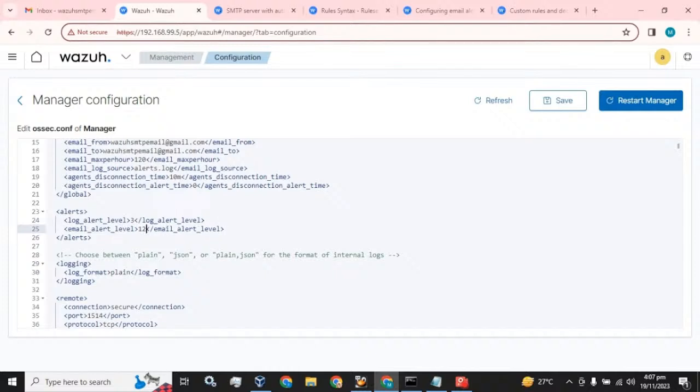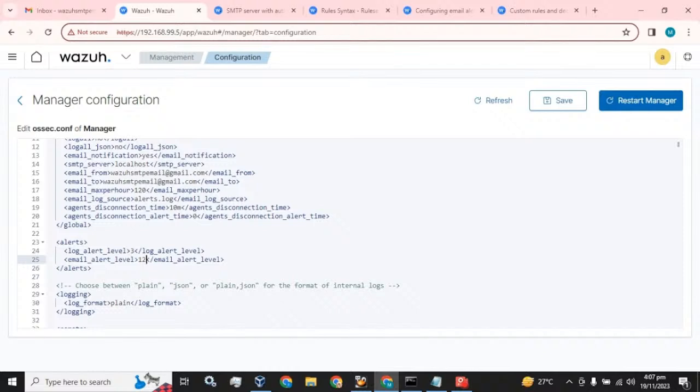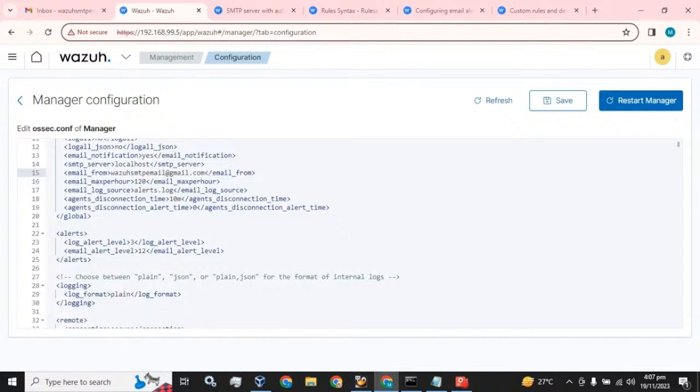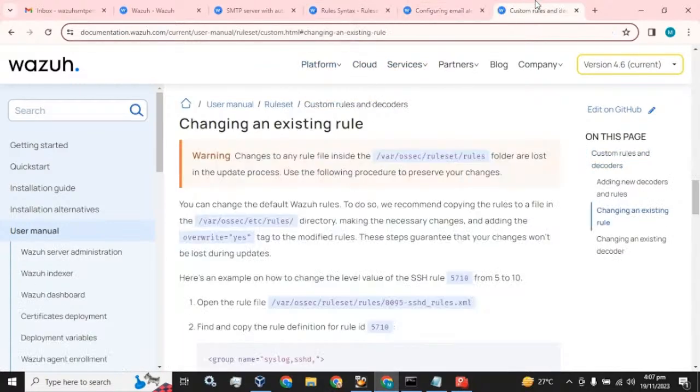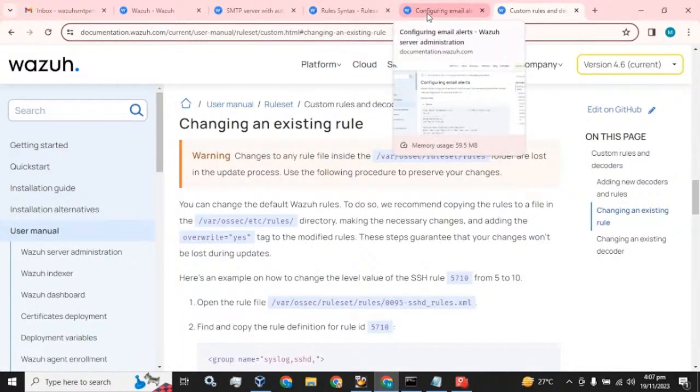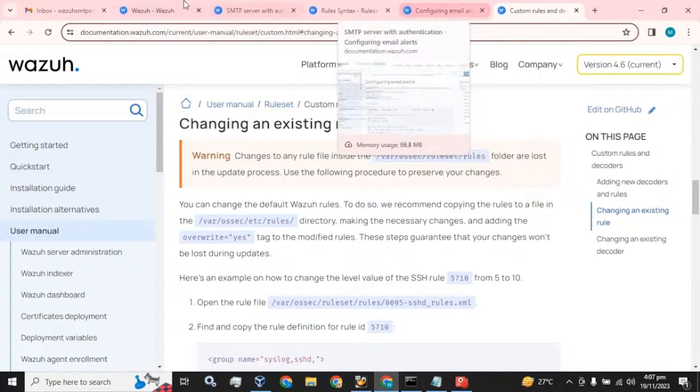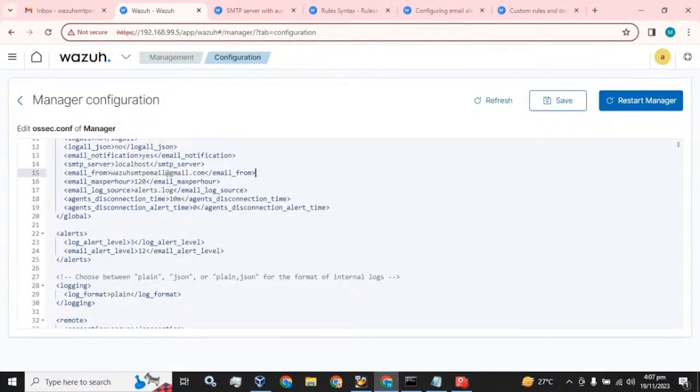The maximum email alert level is 16. And we are going to remove the email to part from here, because we want to receive the email alerts on the particular email. And I will paste these links as well in the description, so you guys do not face any issue. What I am going to do,